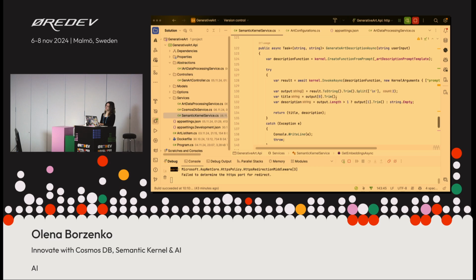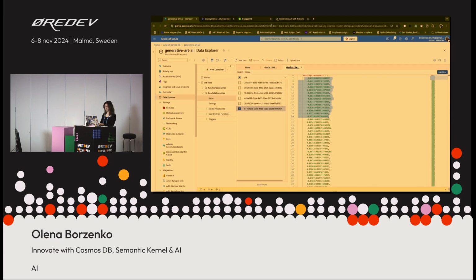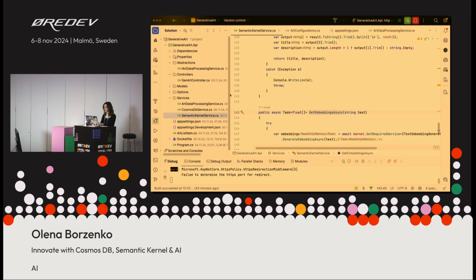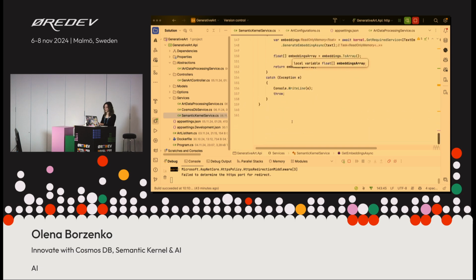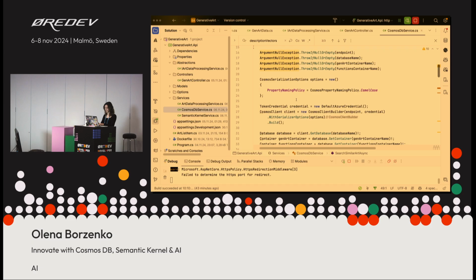So this is how it looks, and afterwards, when I have my item created, if I click on it, what's going on? I'm doing the matching of the functions.